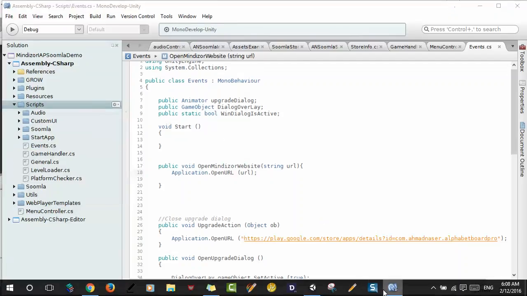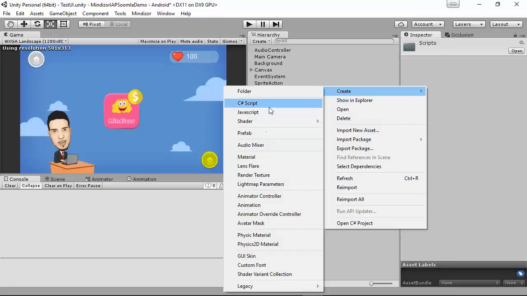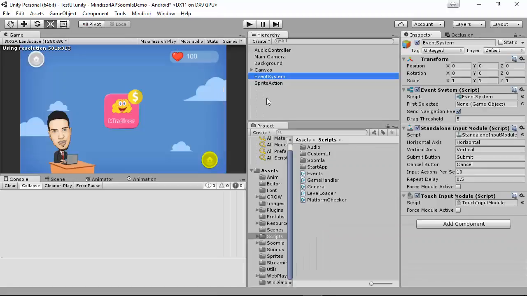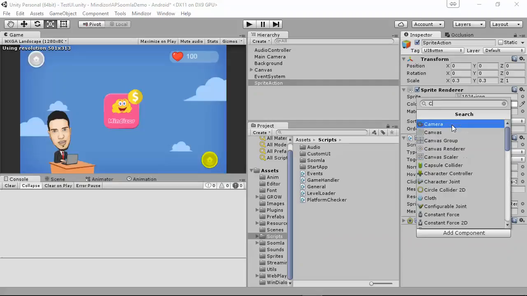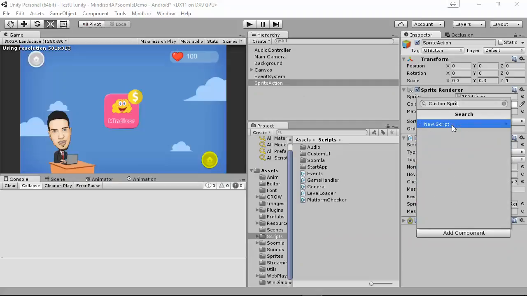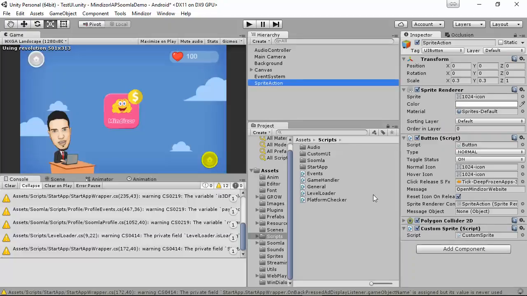So let me just add a new script here. Okay, new C# script, or you can go to this button directly and add a component, and let's say here custom sprite action. All right, just want to name it like that, or let's just name it custom sprite. Okay, create this button inside this sprite and add the script component to it. I have to go to this custom sprite and double click on it,